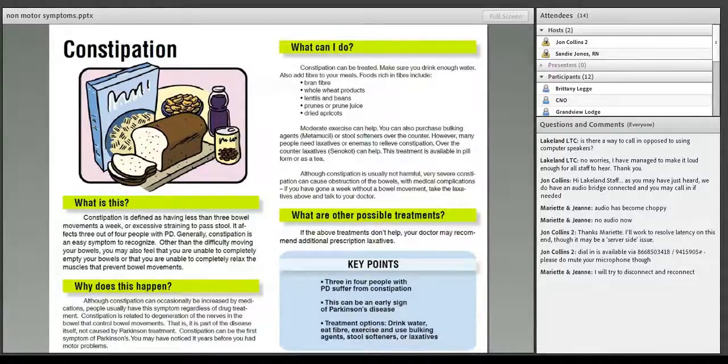Increase in fiber, all of those things. Keep them moving. Physical exercise, even though they may not feel like it, is very, very important. And as I said, if somebody's constipated, their medications are not going to ever get back to the brain. Consequently, all kinds of awful things can happen, including what I call the mouse in the colon,